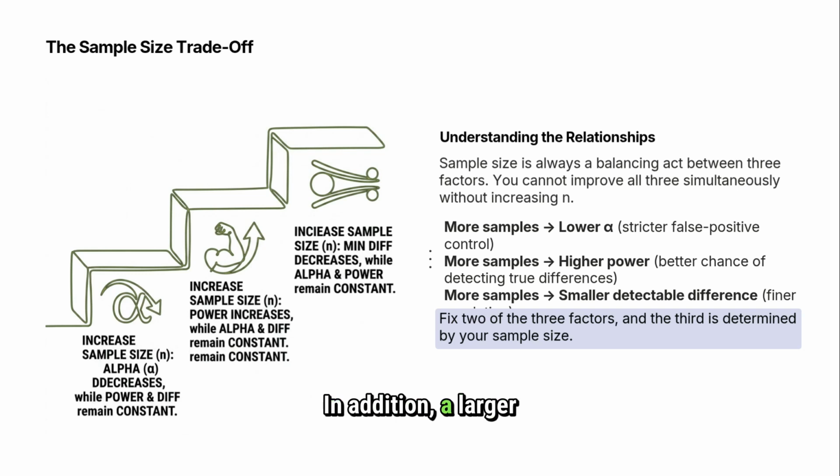In addition, a larger sample size allows the study to detect smaller differences that may not be detectable with fewer observations. This improves the sensitivity and precision of the analysis. However, larger sample sizes require more time, effort, and resources. Therefore, the goal is not to collect the largest possible sample, but to find an optimal sample size that balances cost, risk, and statistical reliability. In summary, sample size should be chosen carefully to achieve the desired confidence, power, and practical significance while using resources